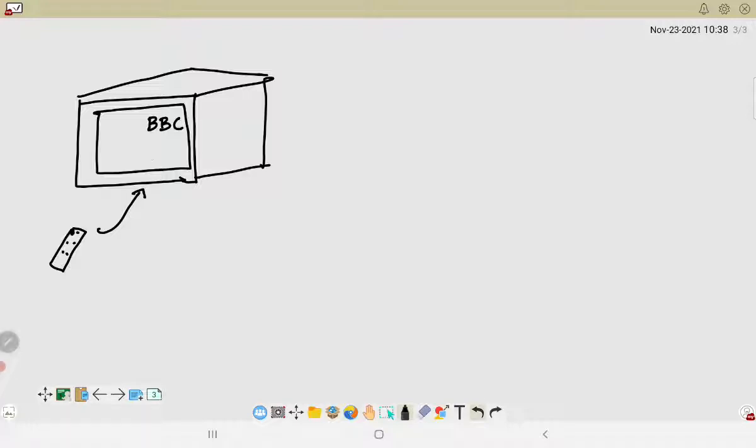Now the user interface is basically the screen of the television where the different channels are displayed. This user interface is not capable of running any backend code or processing the request. It simply forwards the request to the controller.